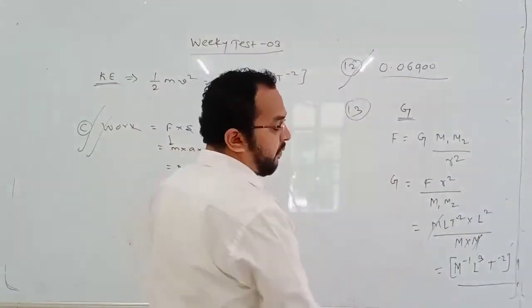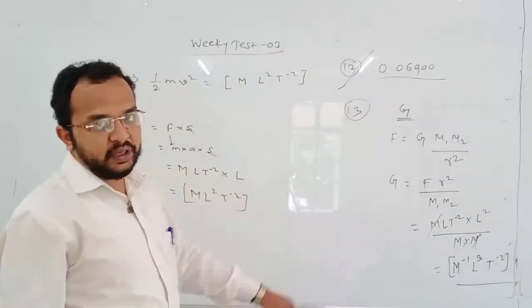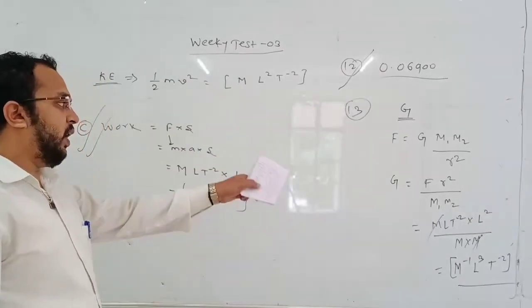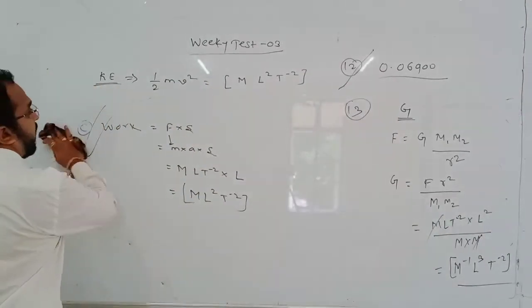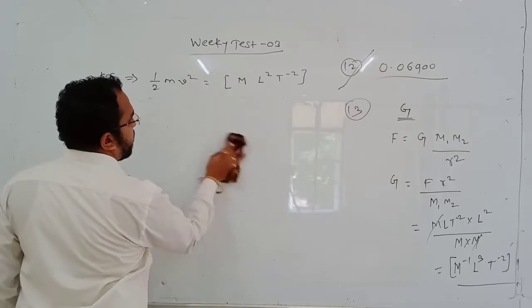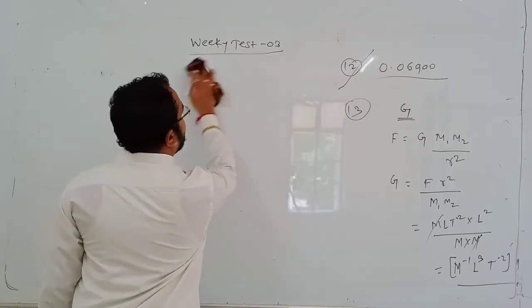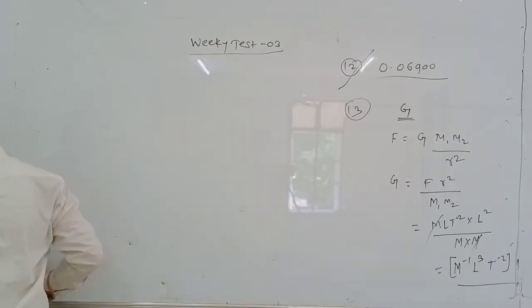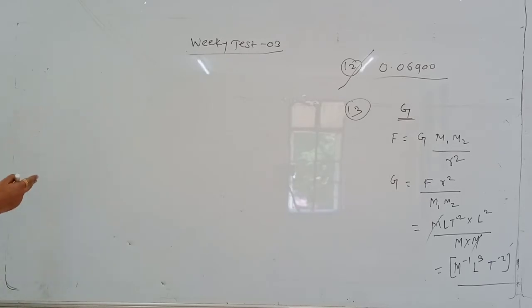I wrote this fast because in the last lecture, Units and Measurement 2, I conducted that question as a class work. So these are the dimensions of G. Two questions came in the class work as it is, quite a few came. Now I have also covered kinetic energy in the chart.